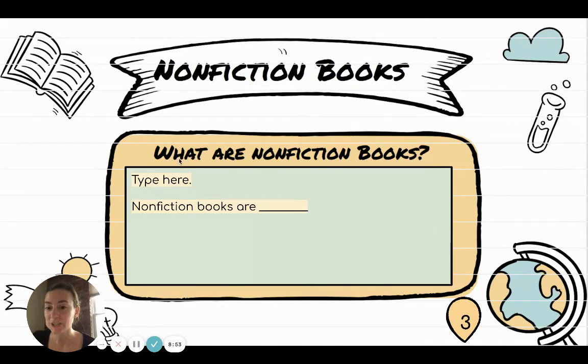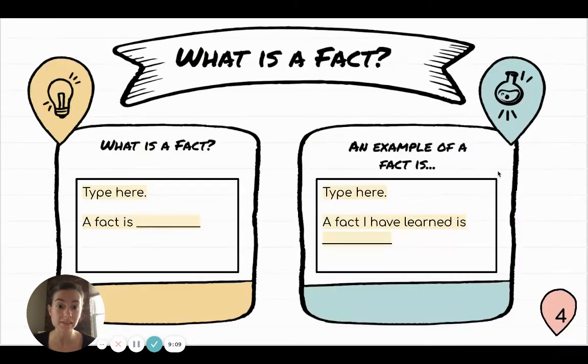Then here, your job is to tell what are nonfiction books. Okay, you can use this sentence starter if you want to. You don't have to. This says nonfiction books are, and tell us in your own words, what are nonfiction books? Here you're going to explain what is a fact, okay? Use these sentence starters here if you want. You're going to say a fact is, and then explain what it is. And then you're going to give an example of a fact. A fact I have learned is,